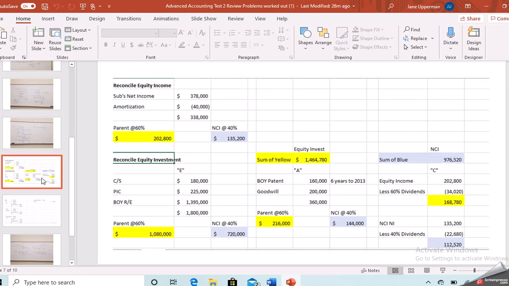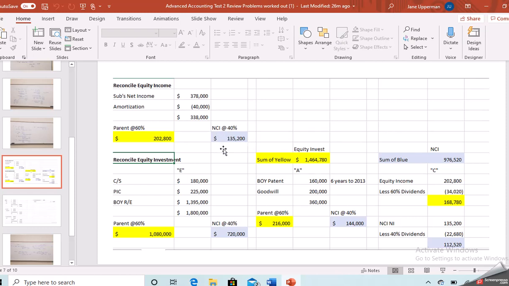Okay, so reconciling out our equity income is up here. The $360,000 comes right off of the sub's income statement. We amortize out the patent of $400,000 over 10 years, which is $40,000 a year. So then our adjusted net income is the $330,000. Then we do our split. We take the $338,000 times 60%, what goes to the parent, and that's our $202,800. We take the $338,000 times 40%, which goes to the NCI, and that's the